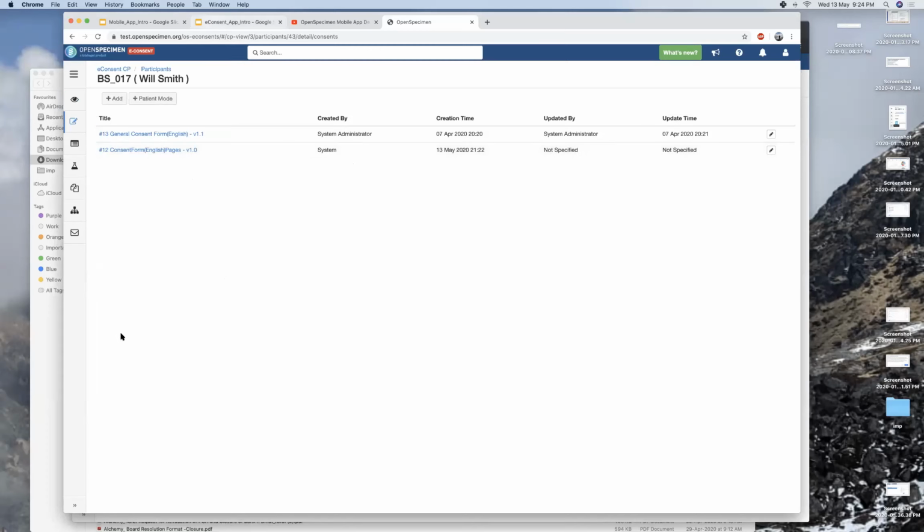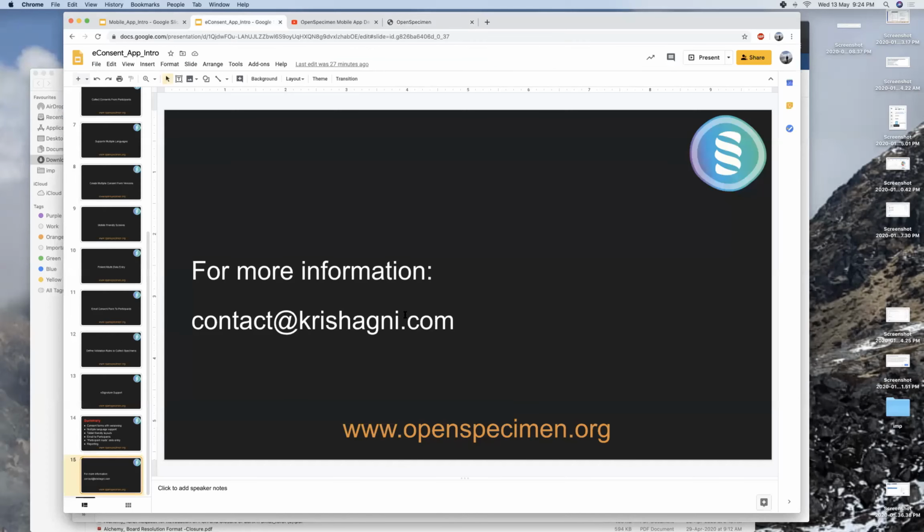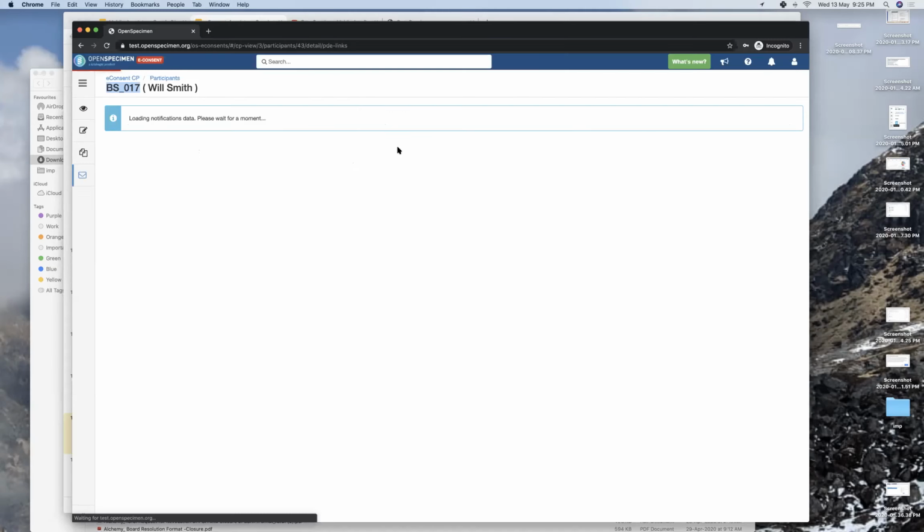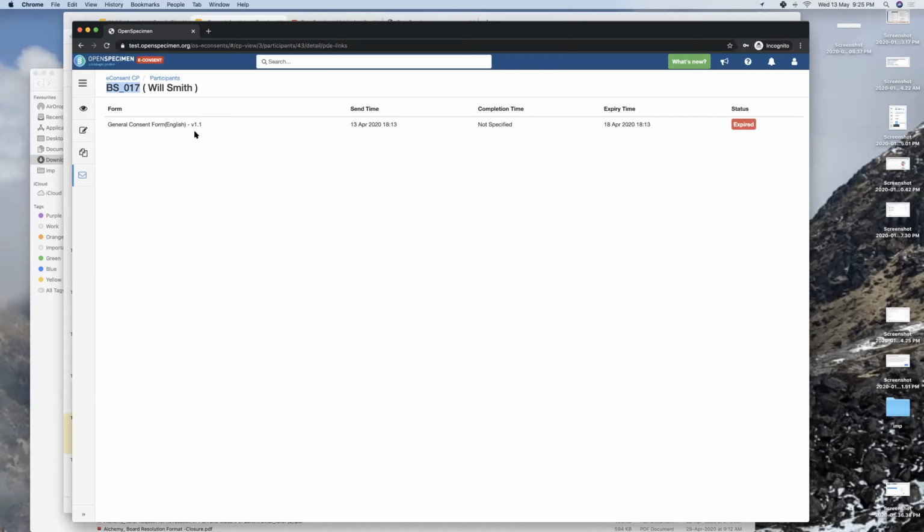Let me just see. Yeah. So the next thing that I want to show is emailing the patients. You see here there is a survey links option. This shows if this patient has been emailed any of the consent statements. And as I said earlier, when you send an email, it is valid for X number of days. In this case, it was valid for 5 days, and